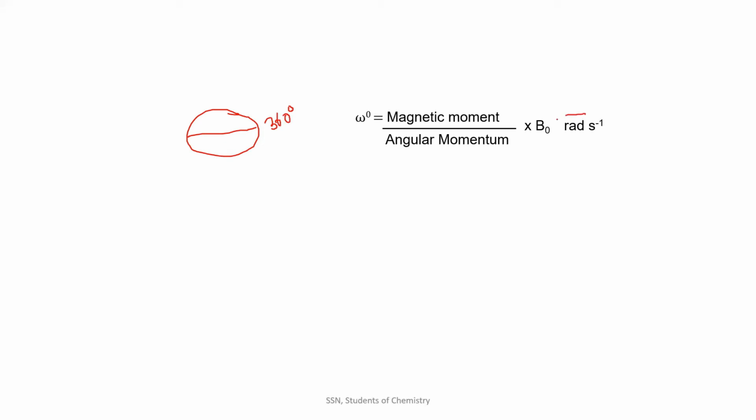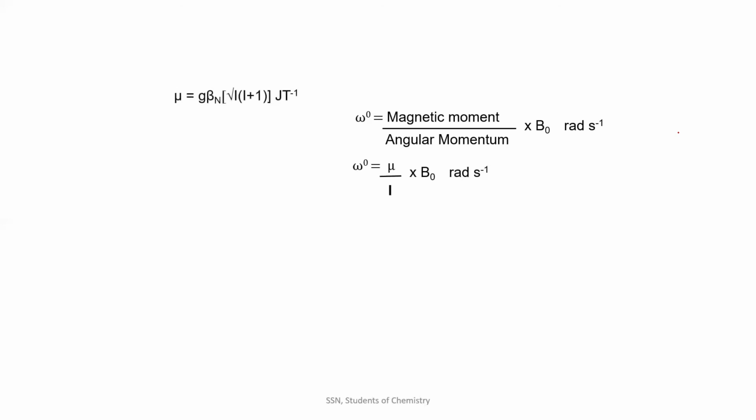We are representing it as radians, in radians. So we all know the value of mu from our previous video. In our second video, I have shown you what the value of mu is. And we also know the value of phi from our first video itself. So I'm going to substitute the mu and phi values here.